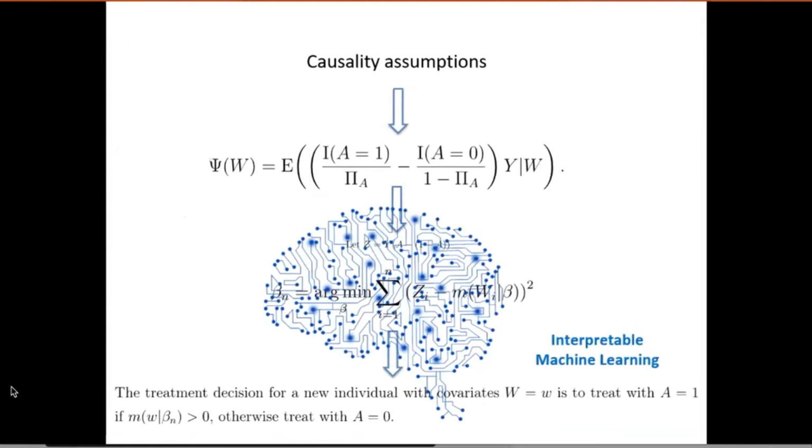But we're adding a third step to this framework where we're saying, well, we want something that is interpretable and usable by the clinician at the bedside. And this means that, first of all, we need to reduce the dimension of the covariates to covariates that are actually readily available for the clinician based on either the monitor information or some basic information in the chart. So we need to reduce the dimension of the W towards V being a subset of W.